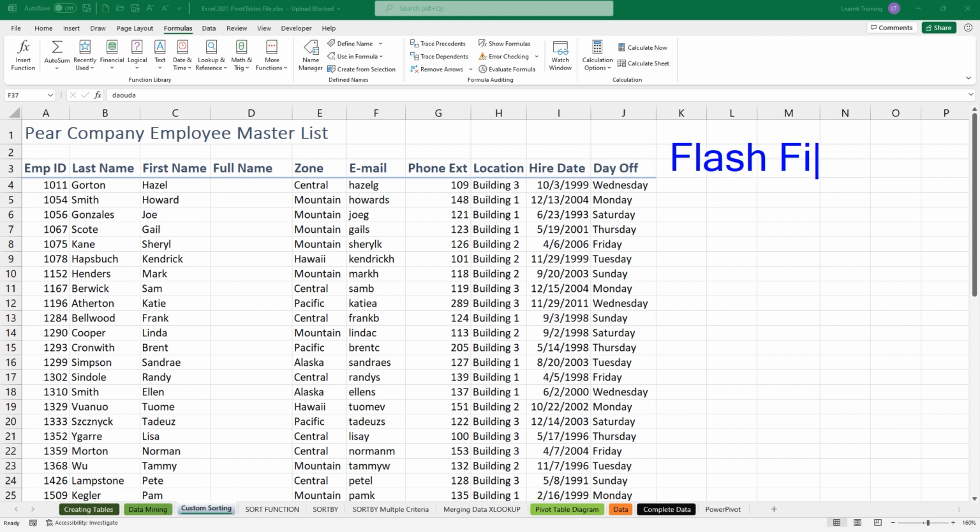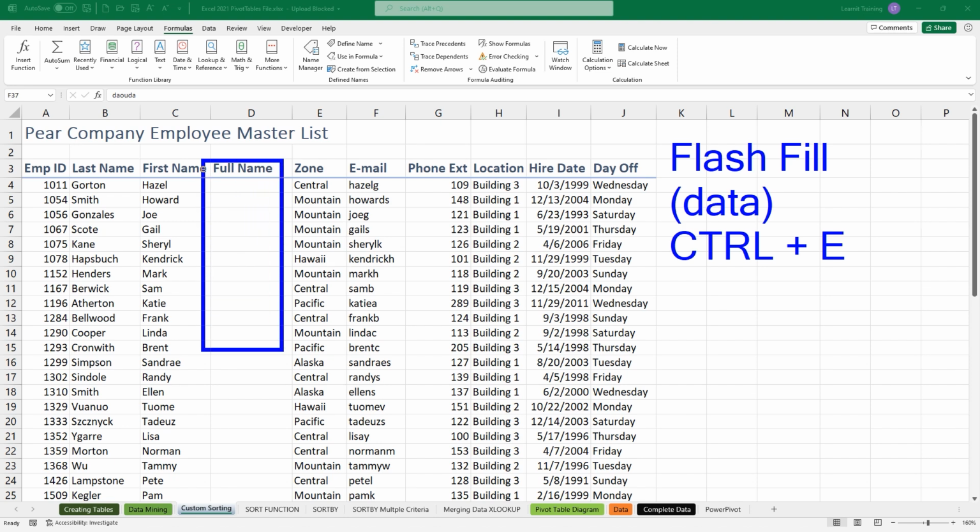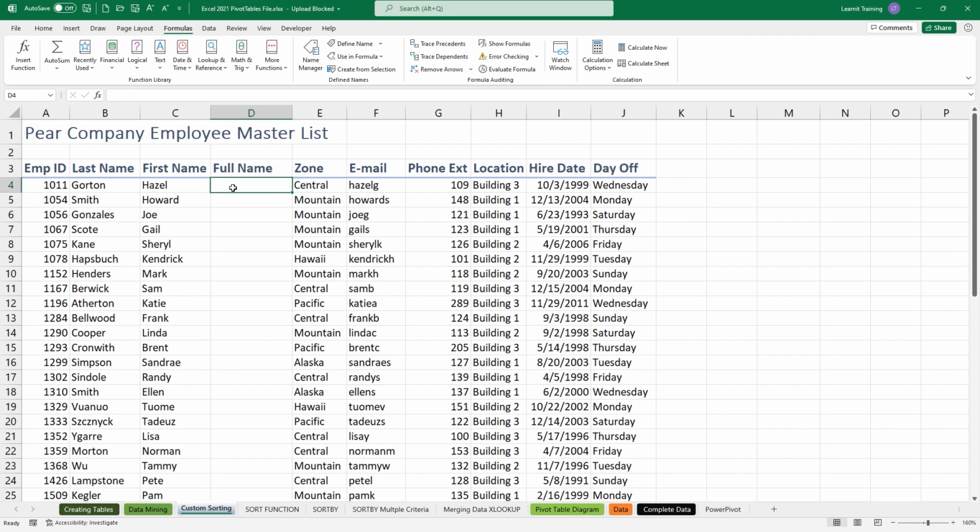known as flash fill, which can be found in the data tab. And it's pretty quick. It has a keyboard shortcut, Control E, but essentially it reduces that situation where you have to constantly build columns out of pre-existing columns. Let me explain. I already have the first name and last name in a separate column. So if I give Excel just one single example in the full name column,